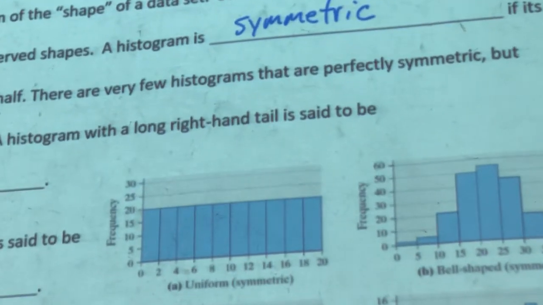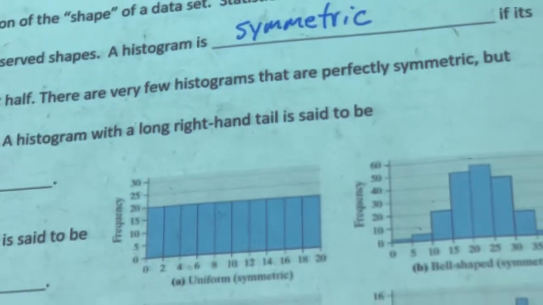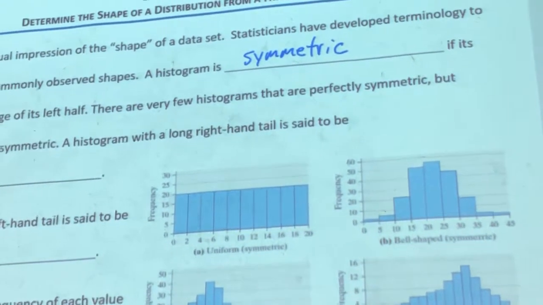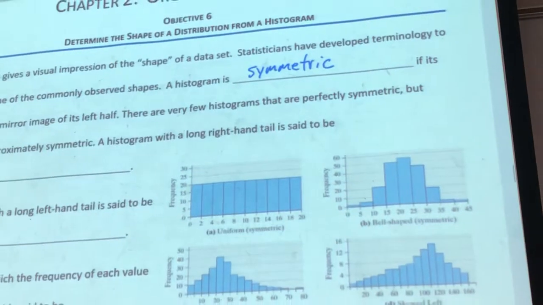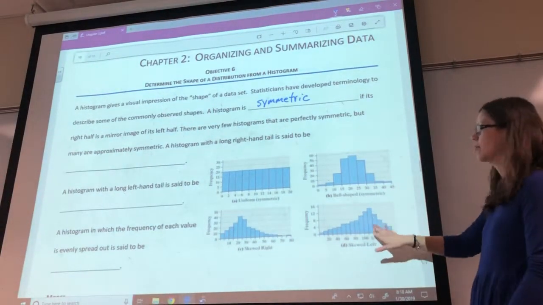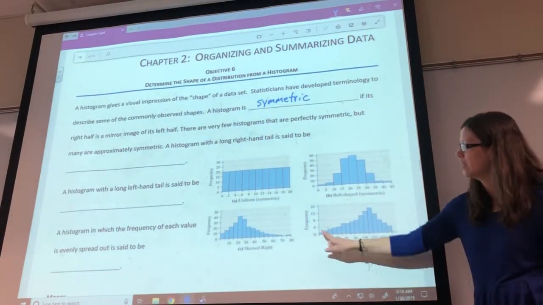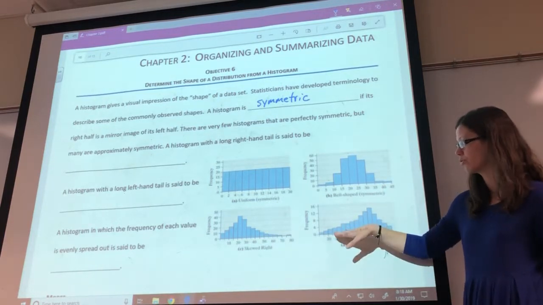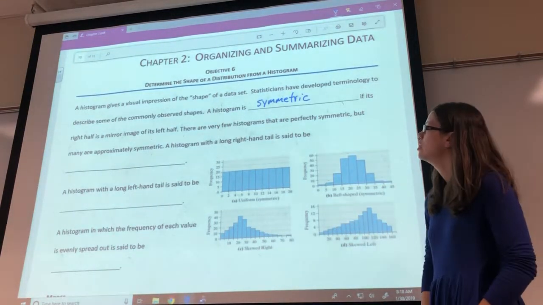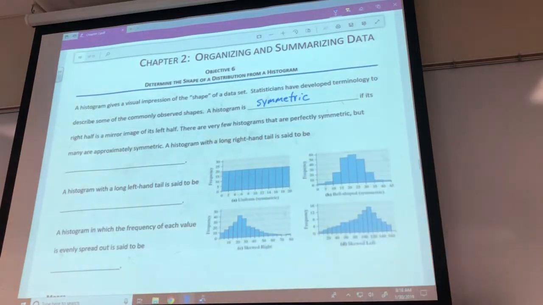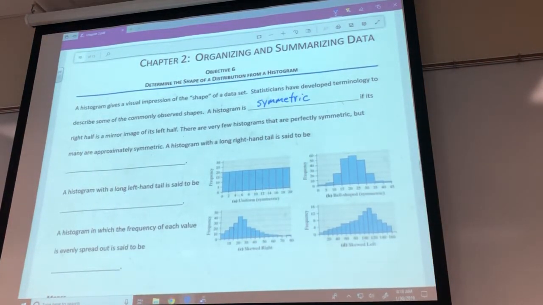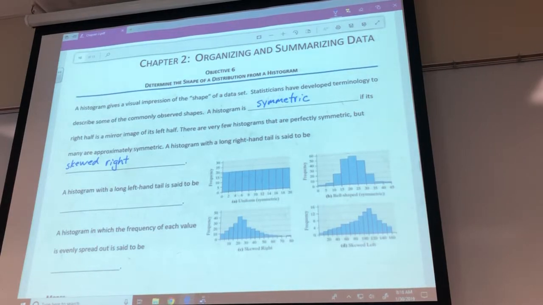When I took this class, I always got confused about which direction it was. When you're looking to see what direction it's skewed, you're looking for where the tail is and not the peak. So if you look here, your peak is to the right, but it's not going to be skewed to the right. Your tail is to the left. So whenever you're doing these, look for where your tail is. That's the direction that it's skewed. So here it says histogram with a long right-hand tail. Since the tail is to the right, we'll say that it's going to be skewed to the right. And then on the other hand, if we have one where the tail is on the left-hand side, we'll say that it's going to be